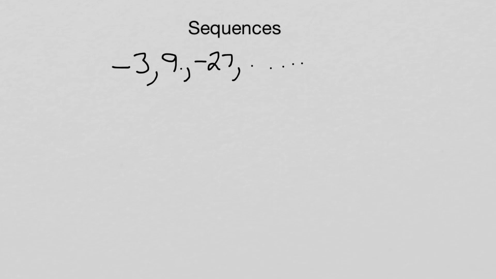All right, here's problem number 4. Real quick looking at this, you can tell that it's not going to be addition. Negative 3 to 9 is going to be add 12. 9 to negative 27, you're going in the opposite direction. There's no way that this could be arithmetic. This is going to be geometric. There's going to be a number that you're going to multiply these by. And I'll let you know a little tip: when they alternate negative and positive, the ratio is always going to be a negative number.